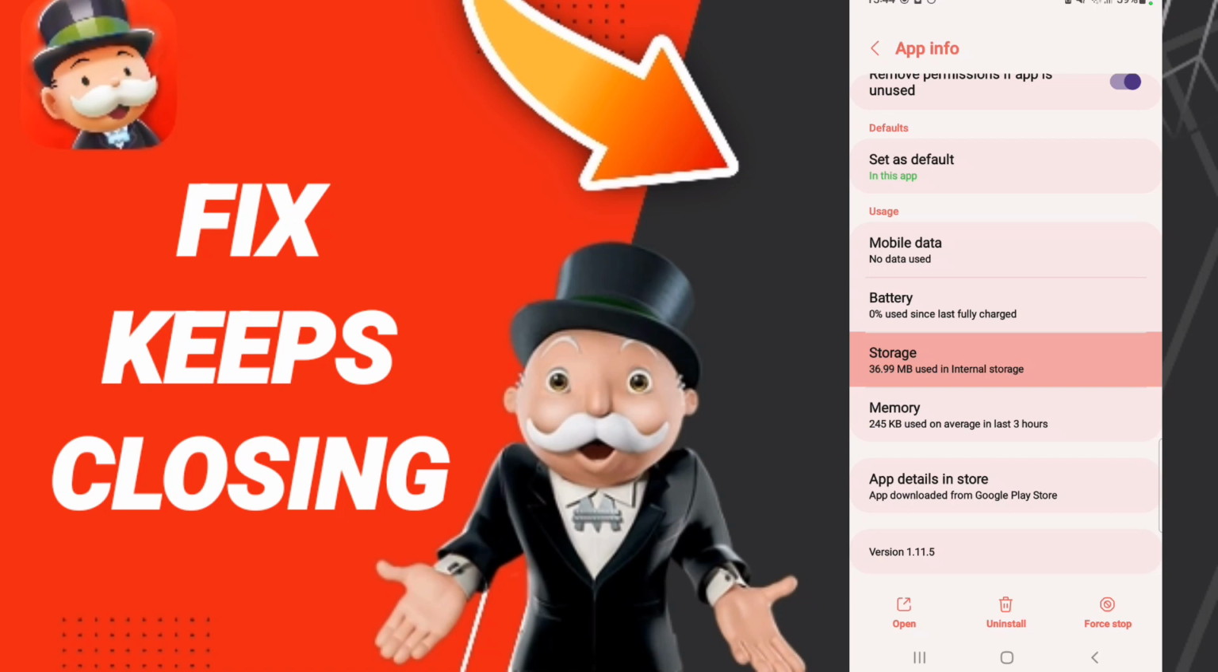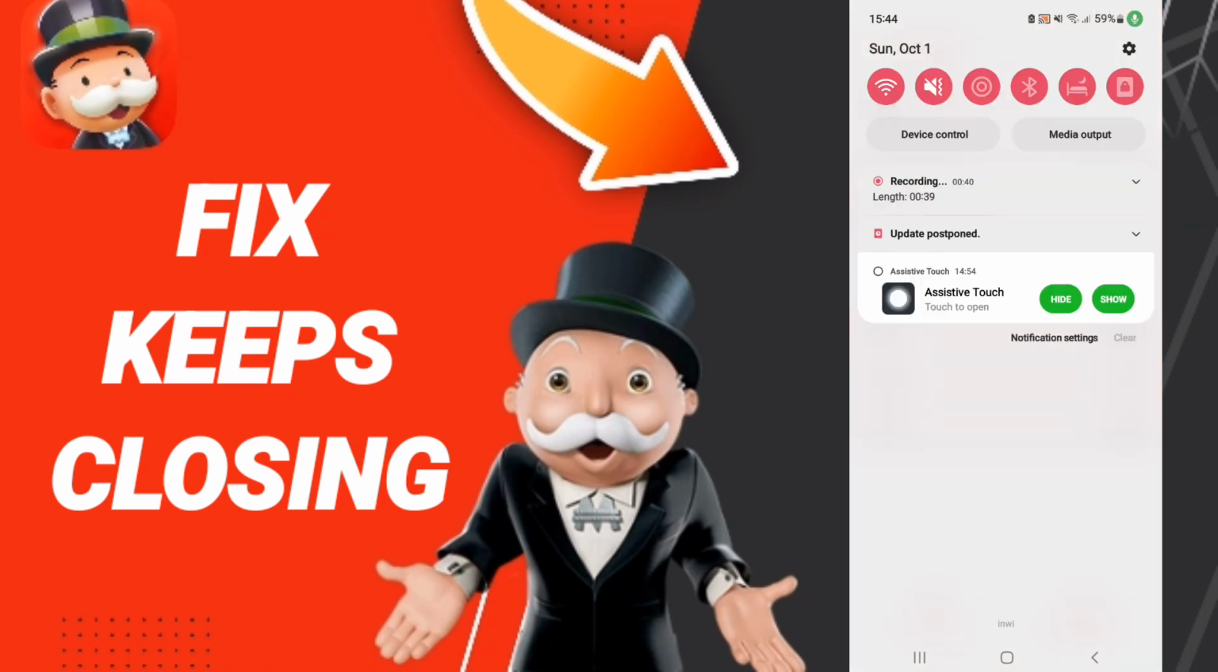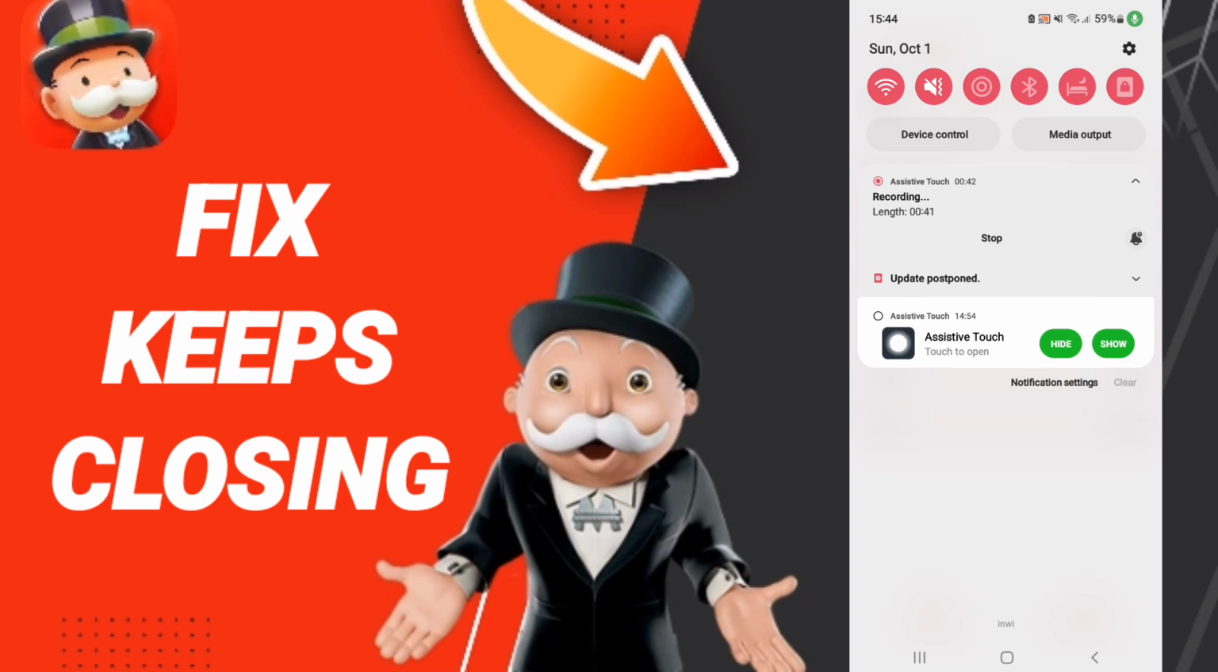Then you will enter the storage. After that we click clear cache. Pay attention, don't click clear data because that can cause a lot of errors or issues